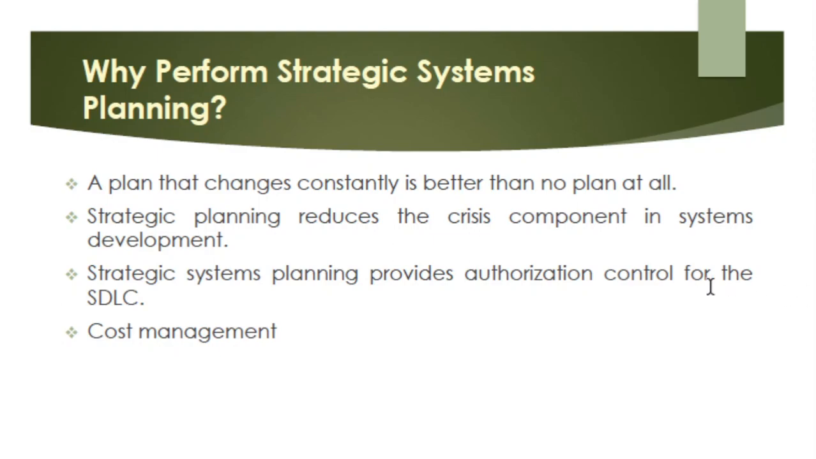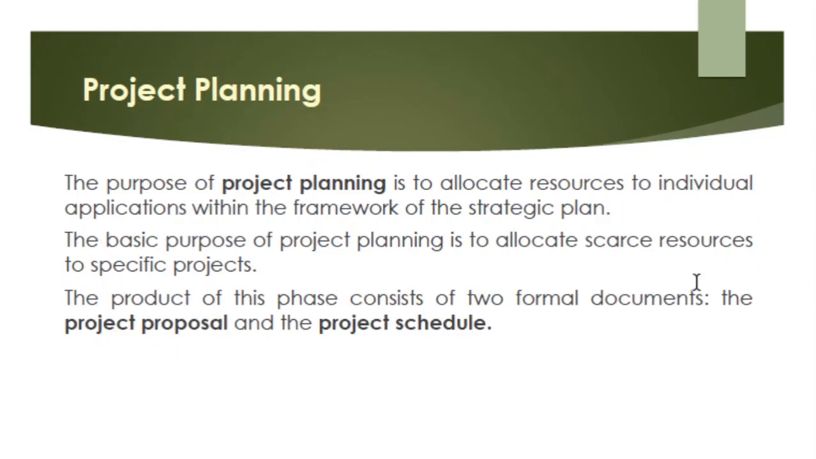Now, the next level of systems planning is your project planning. So, the purpose of project planning is to allocate resources to individual applications within the framework of the strategic plan. So the basic purpose of project planning is to, again, allocate scarce resources to specific projects. Now, the product of this phase consists of two formal documents, which are your project proposal and your project schedule. When you say project proposal,